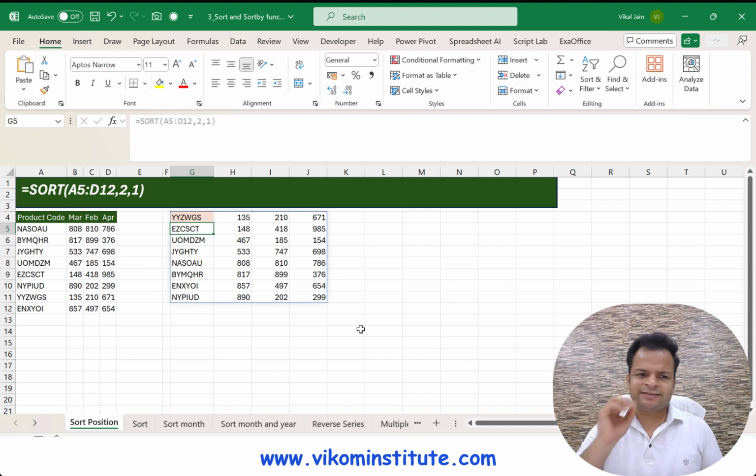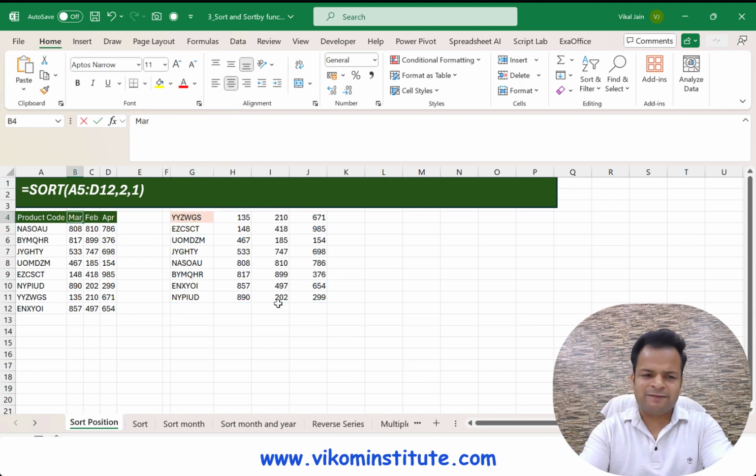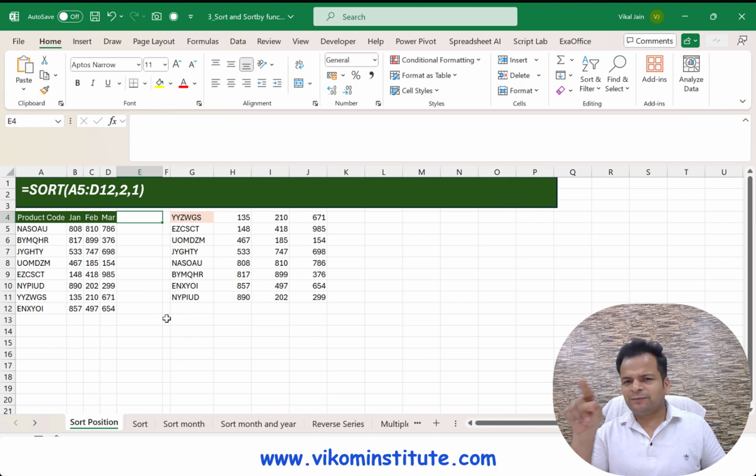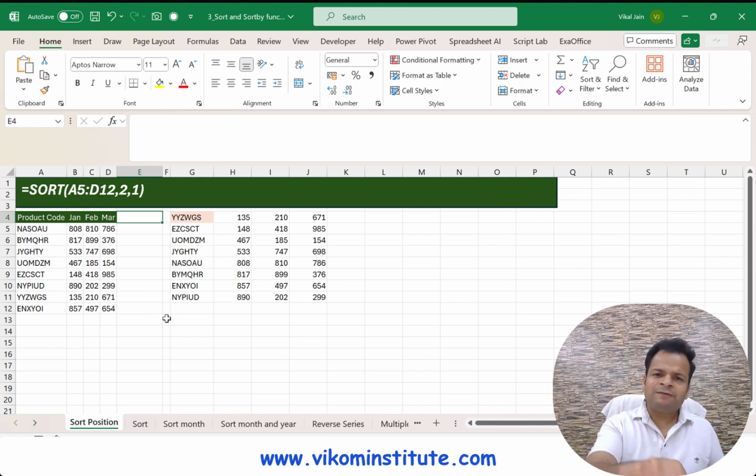What is the twist? Let's say in future this March column has switched. Let's say here I have entered January and here I have entered March. Now your colleague can enter March anywhere. So what I need to do, I need to first find out where exactly March is. Then we will sort our data based on this March. Basically, we are not depending on the position. Now we are depending on the word. So basically, I'm going to find out that March word, then find the position of March, then I will use this sort function.